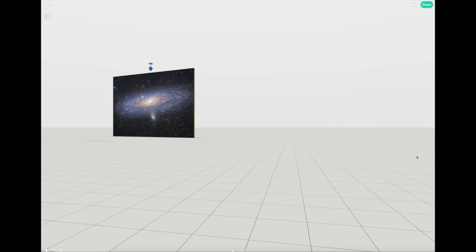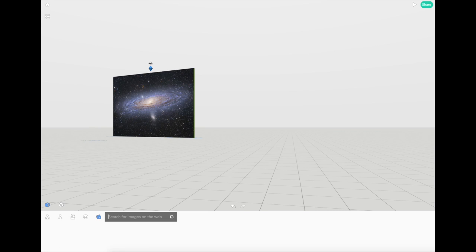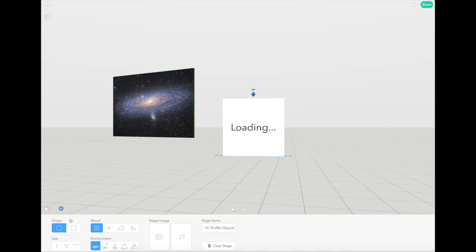If you have an image that you want to drag in that is already saved on your desktop that you cannot find by searching for the image, you can drag it in. Now it's going to take a little while for that image to load, but it will load. In addition, if you click on this wheel, you have the ability to change the shape of the surface you're working on from circle to square. You can change the mood and add clouds, nighttime,